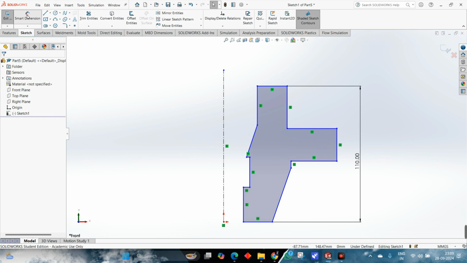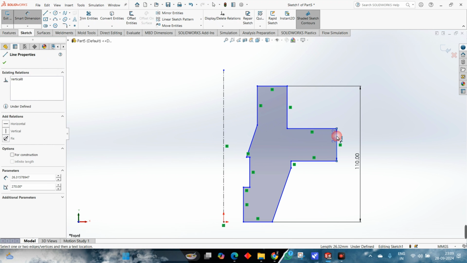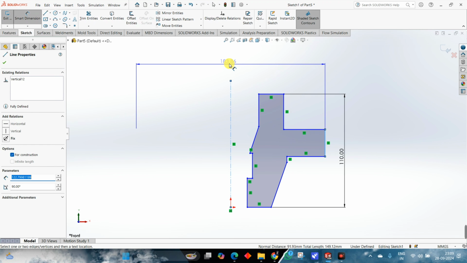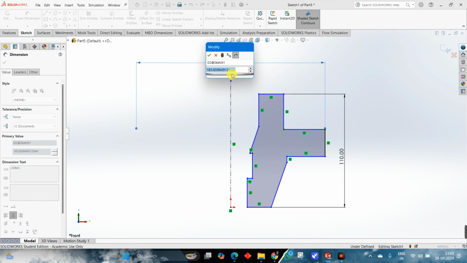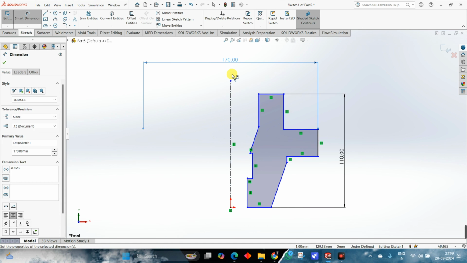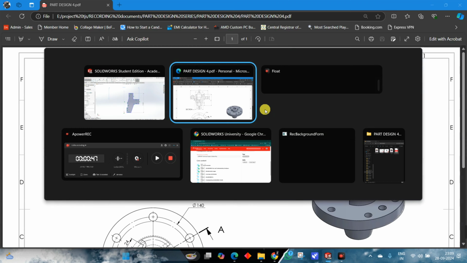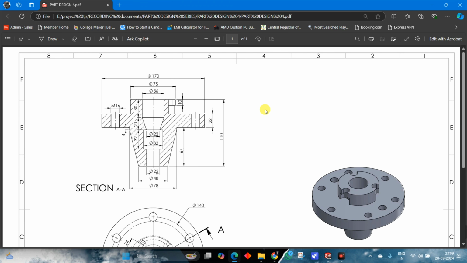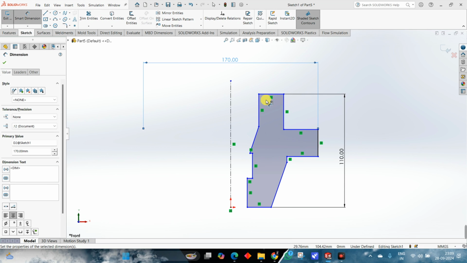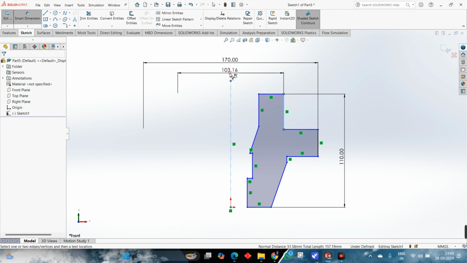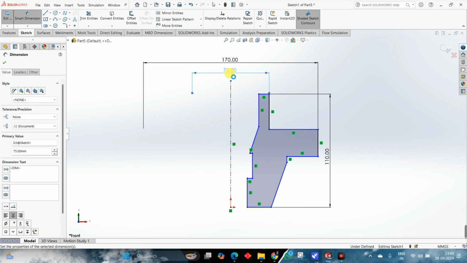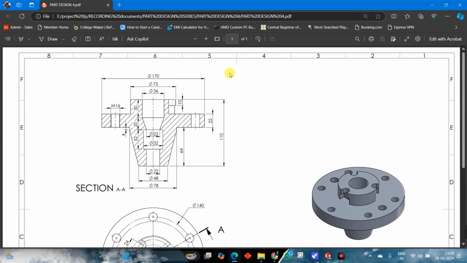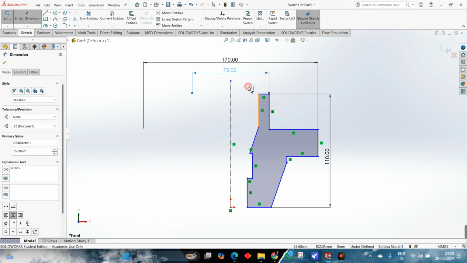Now I will show you a feature. I'm selecting this line and this axis. Look, it's automatically taking the diameter value. In SolidWorks, we have these features, so we don't have to calculate the radius value and put it manually. You can directly select these edges and SolidWorks will take it like a diameter. Okay, see, now this diameter 36,